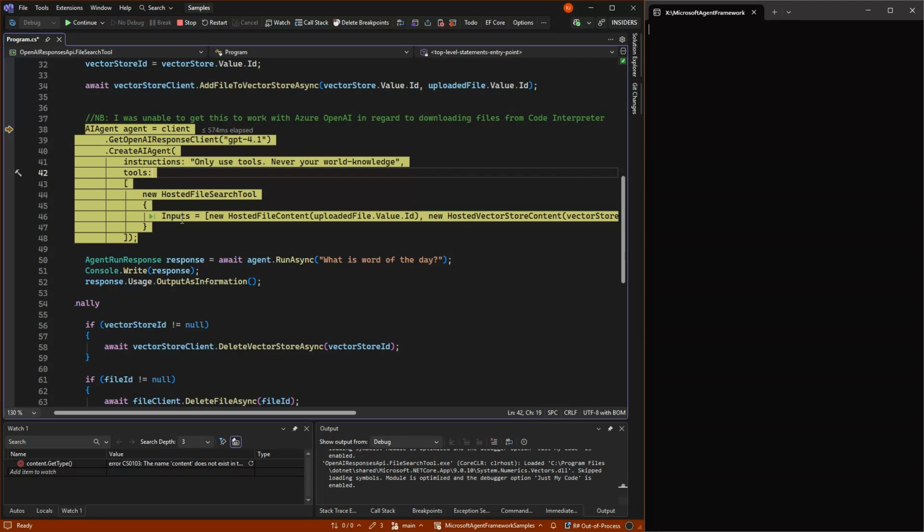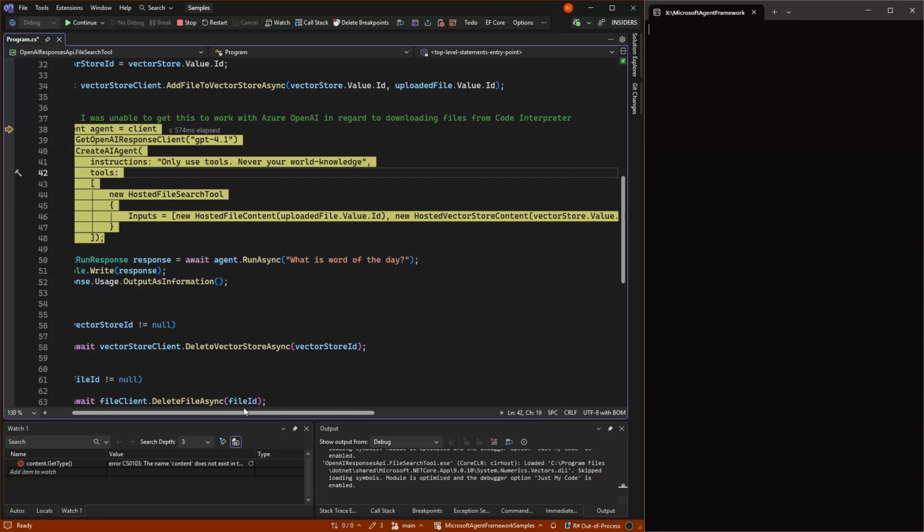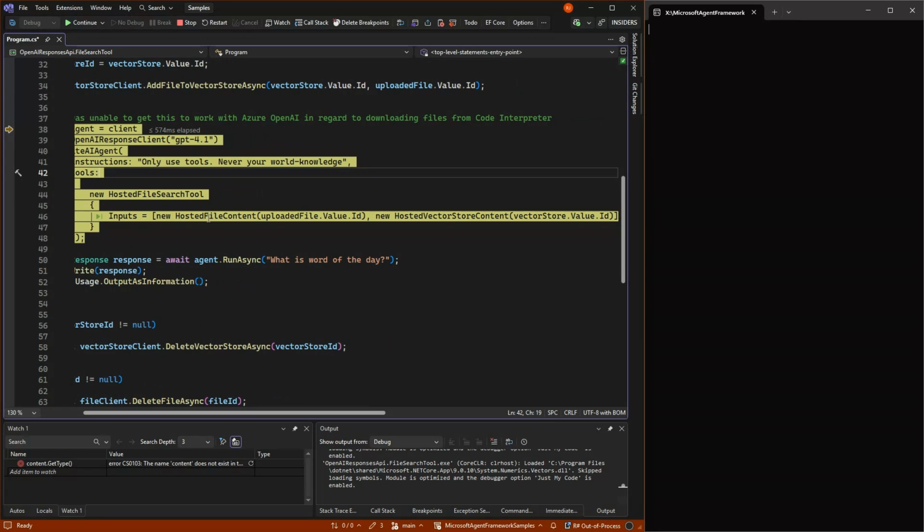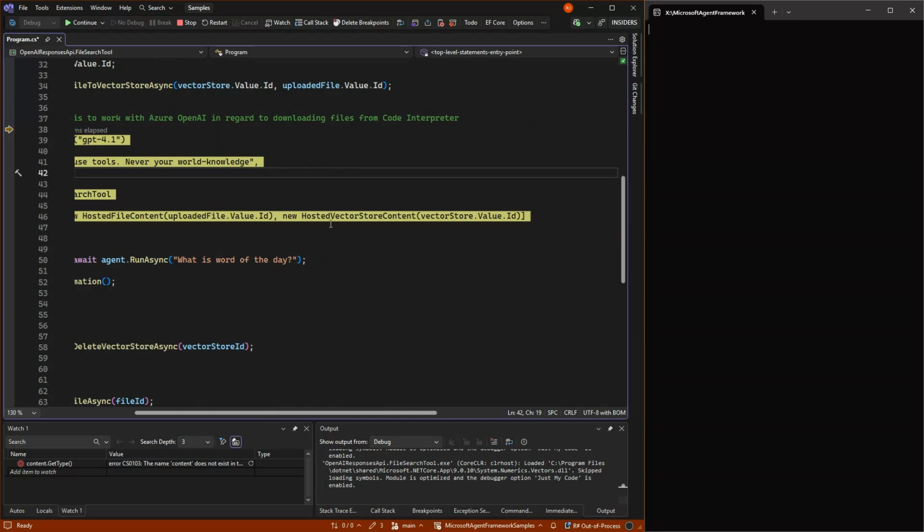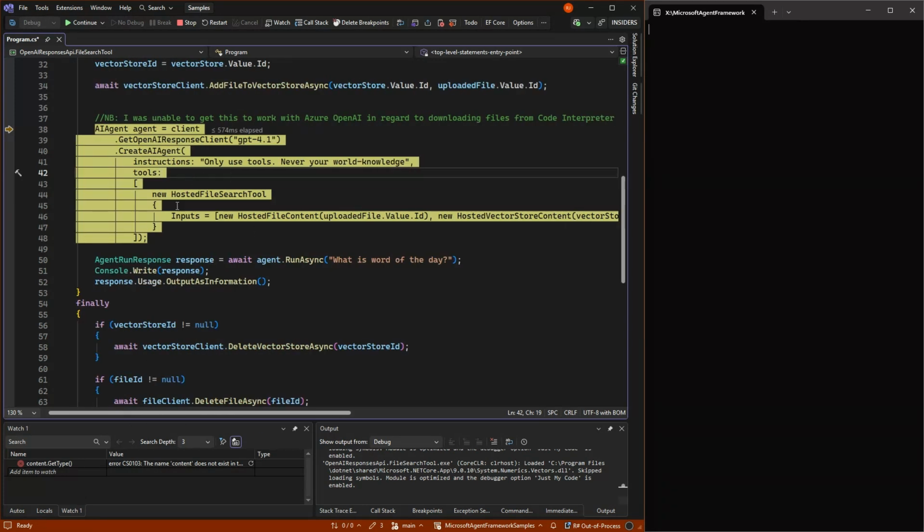It needs to know what it is allowed to search in. In our case, it's allowed to search in files with our specific file, and it's allowed to search in our vector store with our specific vector store ID. There's a bunch of settings you can do on this, but this is just an introduction, and you can go in and see further on.